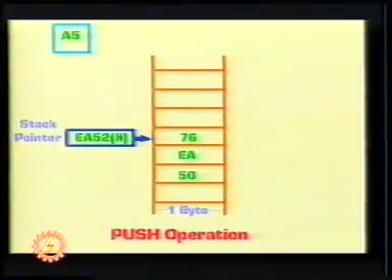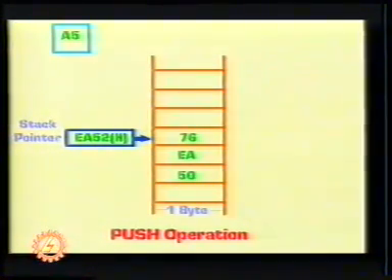You can see that before a push or pop operation, 3 bytes, namely 76, EA and 50, are placed in the stack in order. The data 76 is on the top of the stack. The stack pointer points to the top of the stack. The content of stack pointer is the memory address of top of stack, which is